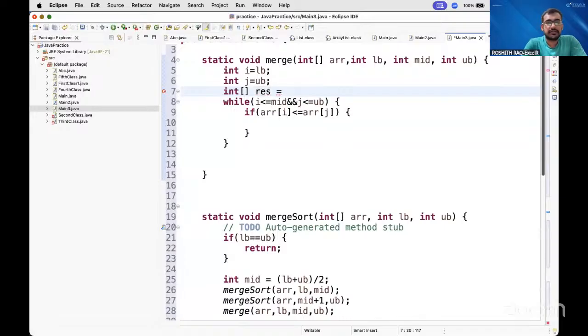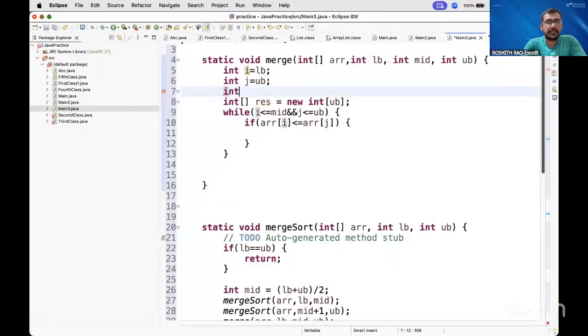Int result array is equal to new int of n, new int of upper bound. So I'll be taking another variable here, int k is equal to 0. Okay, so result of k is equal to,